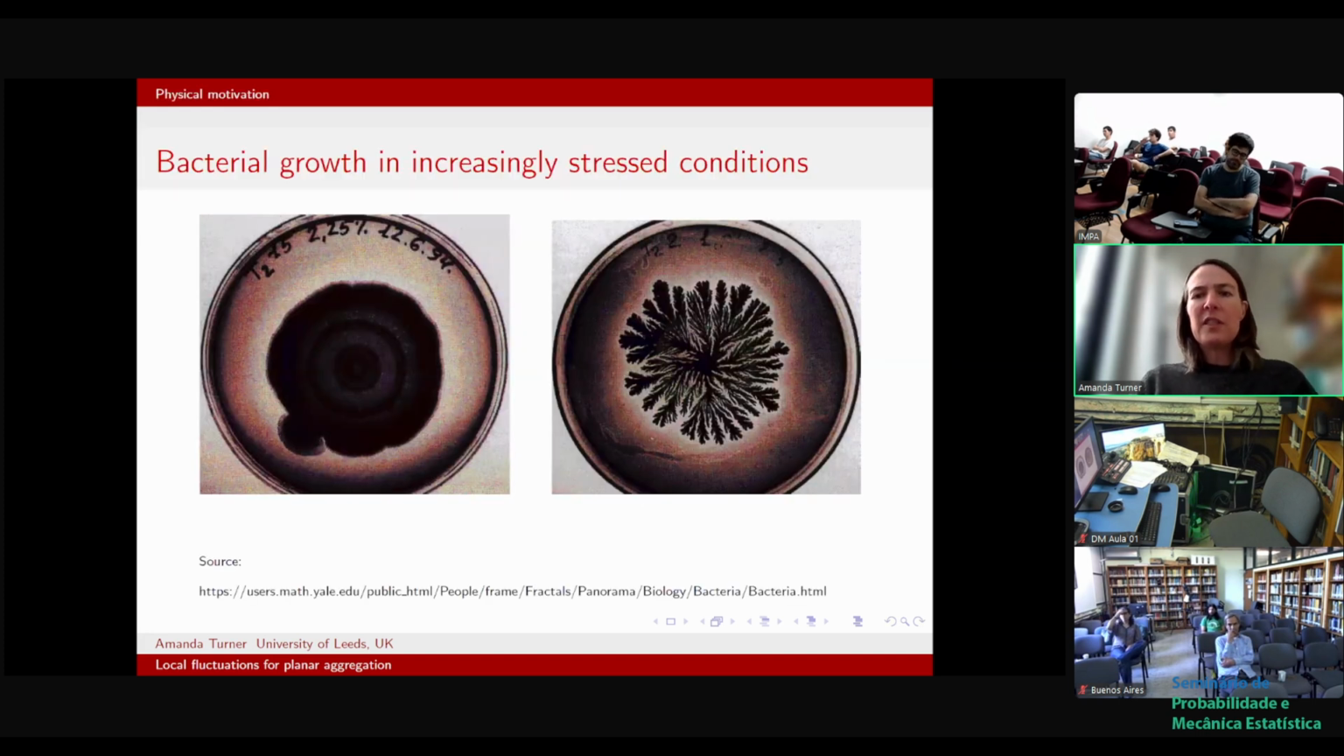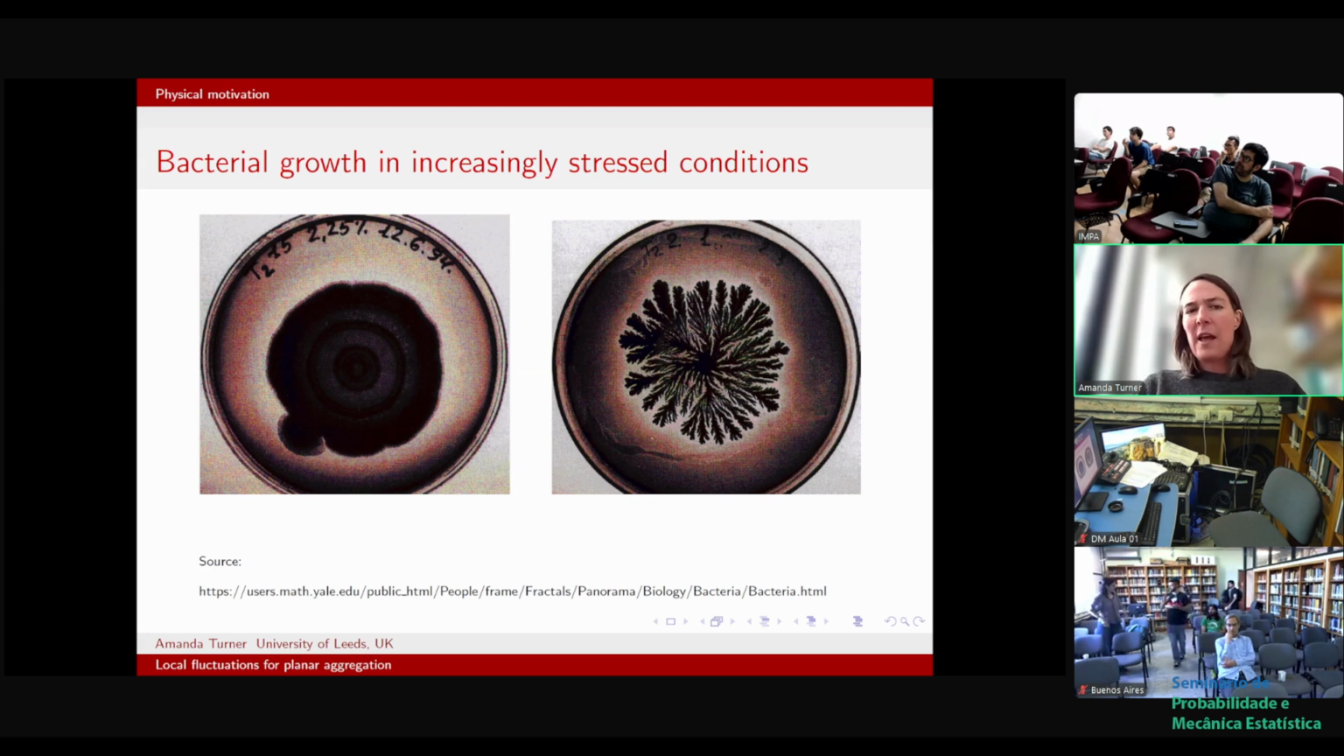So I'll start with just discussing the motivation behind the work we've been doing. It comes from experiments such as are shown in these slides. So what's going on in these slides? Well, on the left-hand slide, we've got a bacteria growing in a petri dish, and it's growing under very optimal conditions. So it has enough nutrients, and